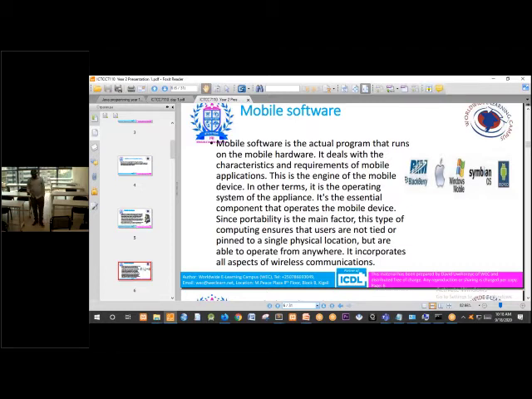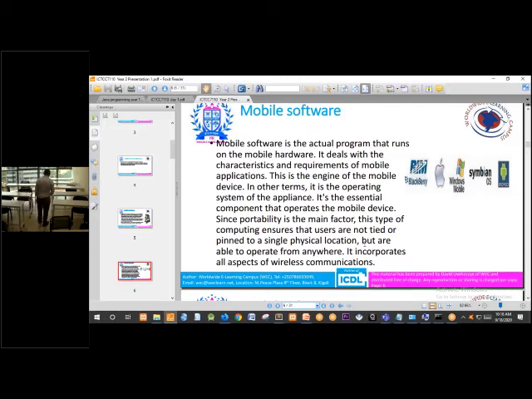For example, here we are using an e-learning platform. You can use your mobile devices to attend this class. It is possible, because you can use your mobile laptop, your smartphone, your tablet, whatever, to attend this class.